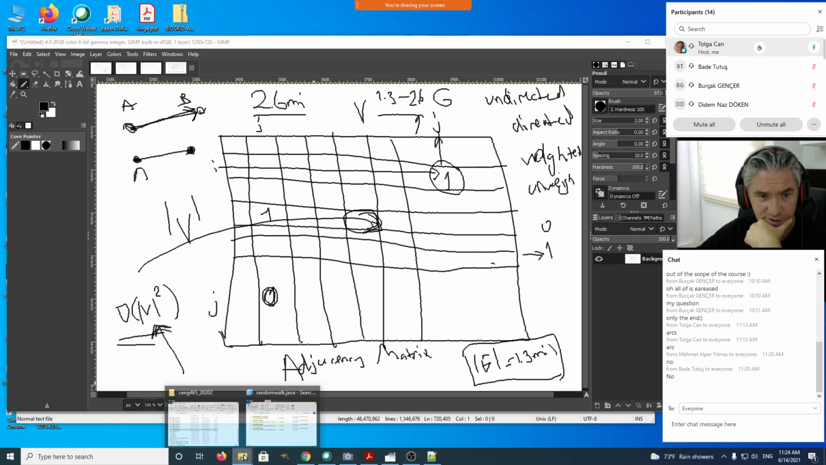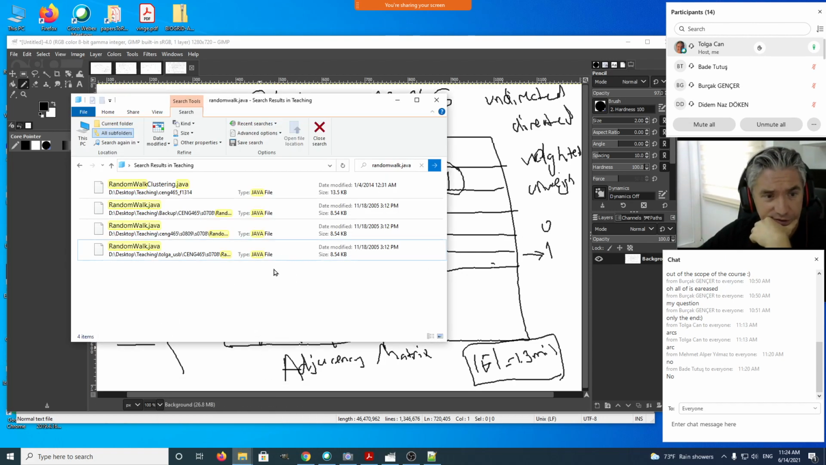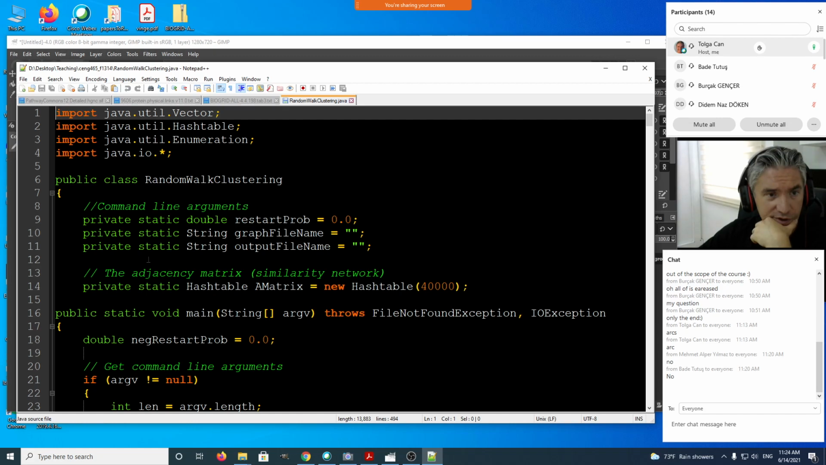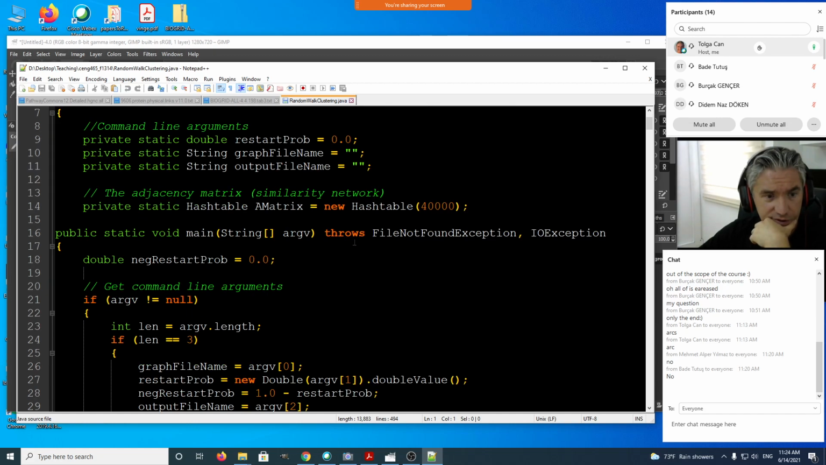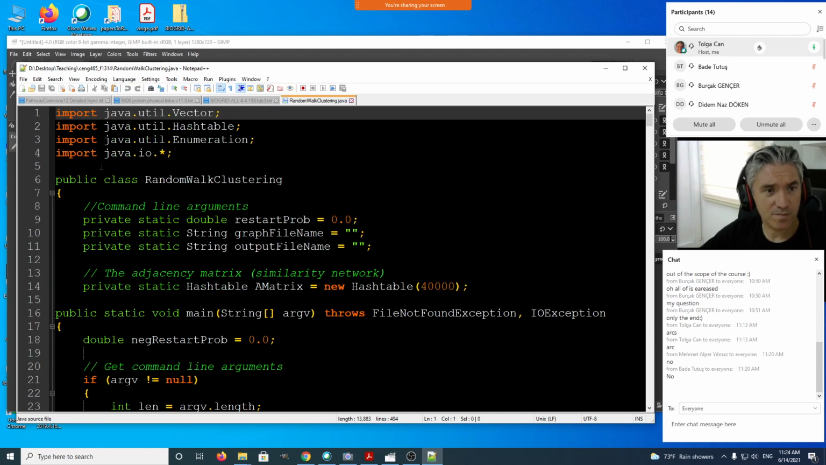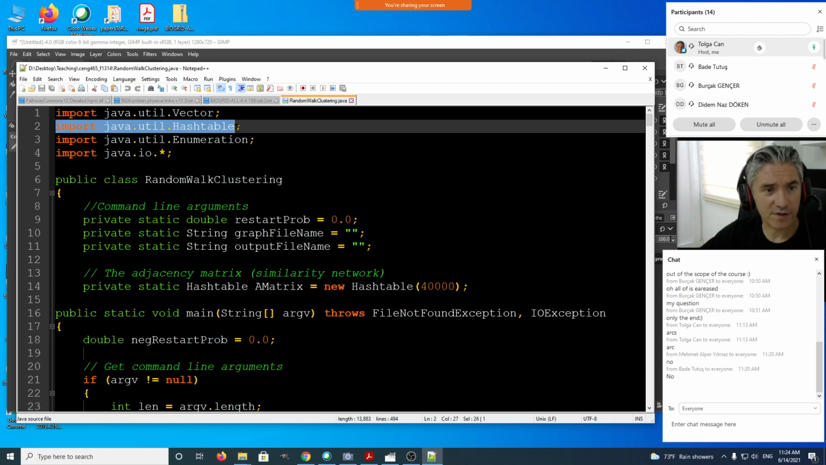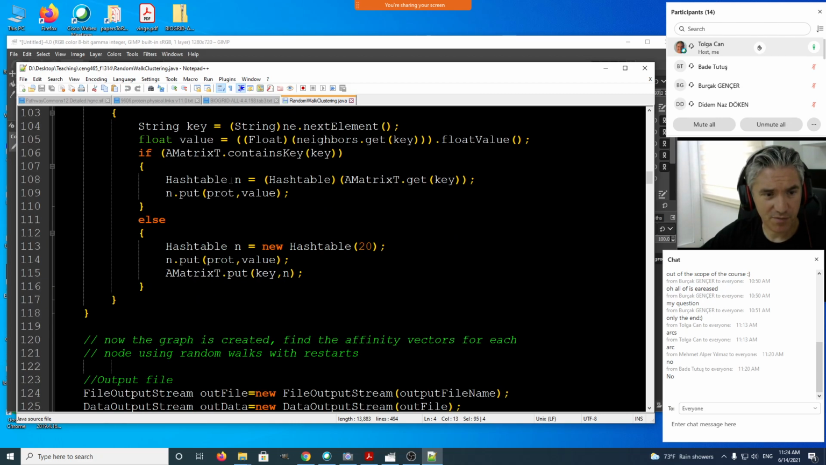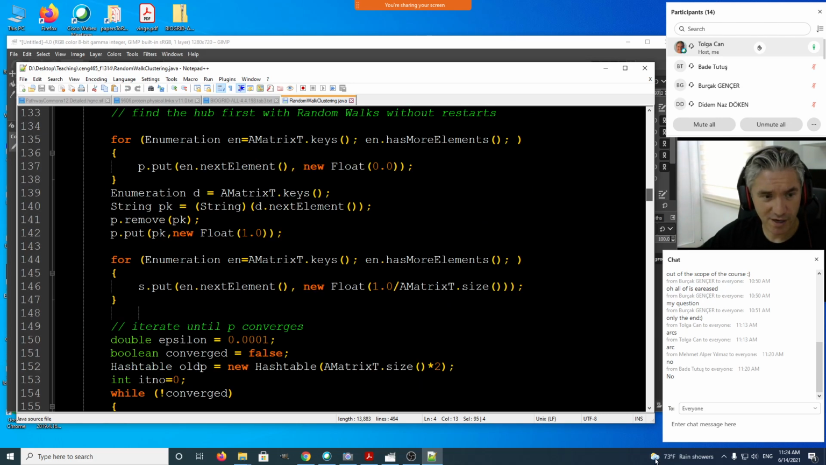So let me look at this random walk. I have a newer version of this random walk. Let me look at this one. All right, I'm just going to pick parts of it. This is about random walk clustering. Let me copy this into a new file,